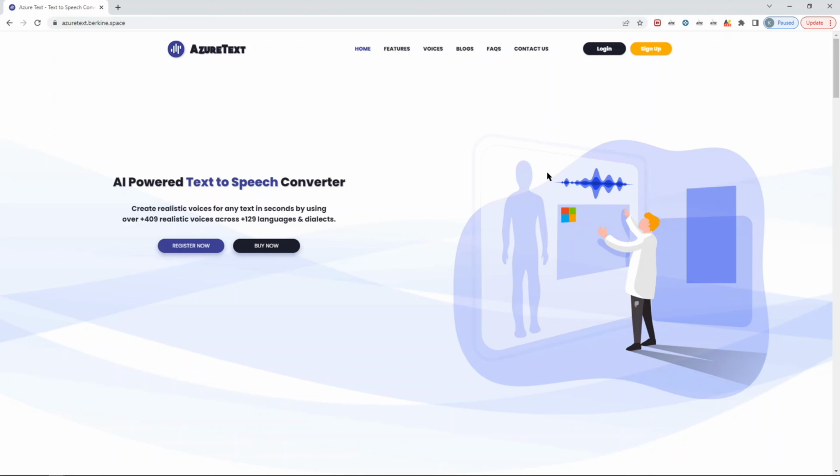Hi everyone. In this demo I would like to present you Azure Text. It's a new script developed based on the Laravel framework, and it's fully powered by the Azure Text-to-Speech service. So basically Microsoft Azure Text-to-Speech, and it's one of the best text-to-speech services out there among cloud vendors such as